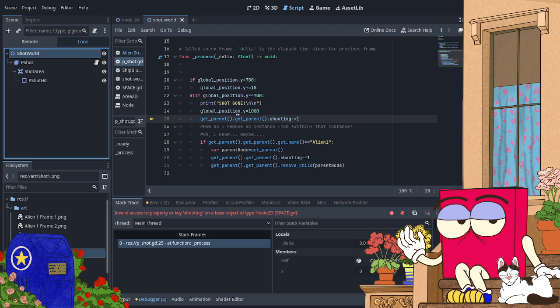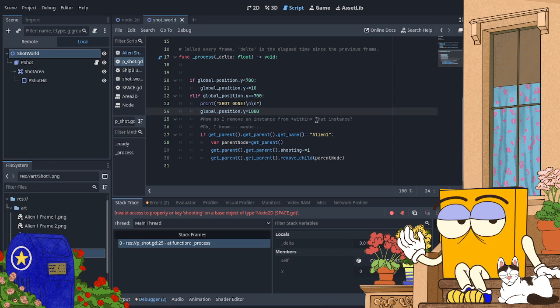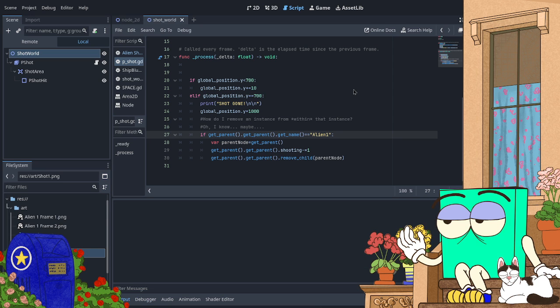Right. I don't want this here anyway. That's an error because it's calling the wrong function.